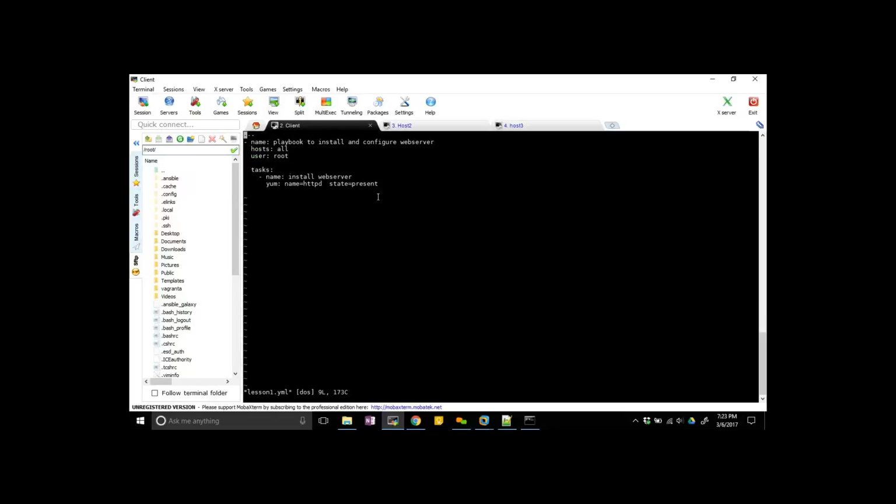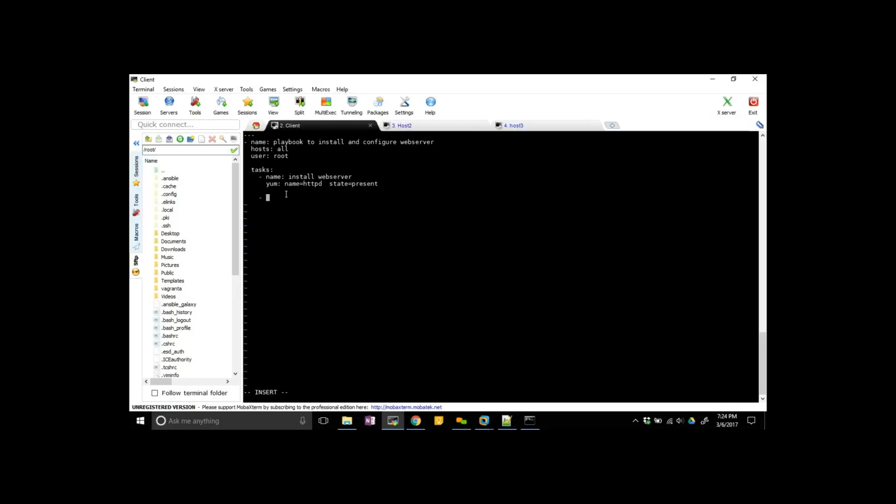Now you have to make sure that this dash and this dash are on the same line. If you add one extra space, it will not work, and it will show you an error message.